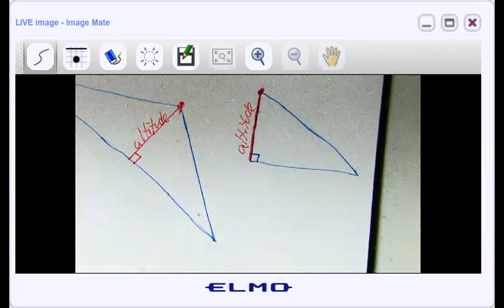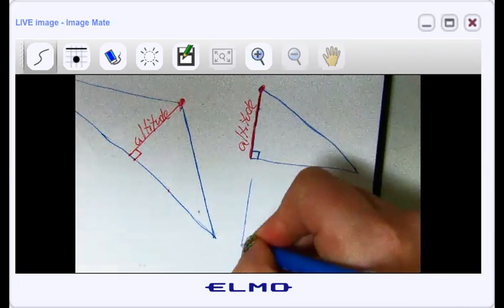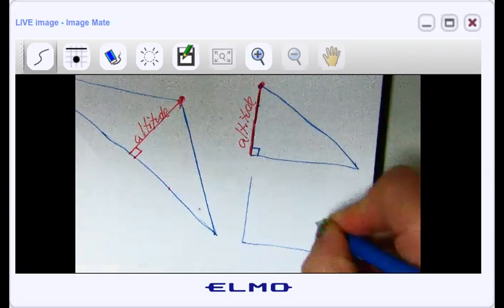No, because you could have, I'm going to redraw the same triangle and just draw an altitude from a different spot. So if I recopy this triangle,